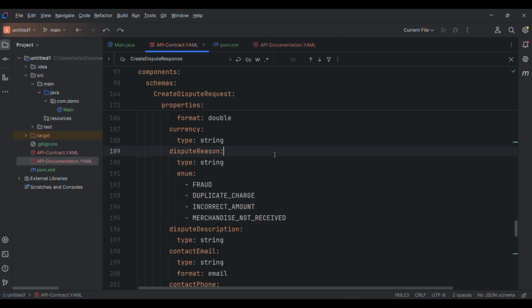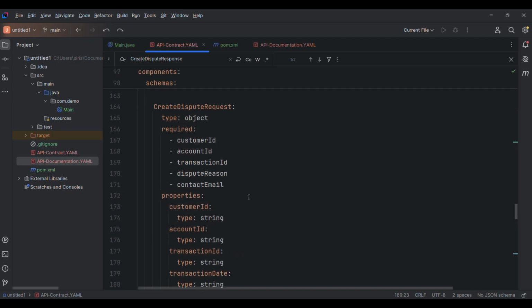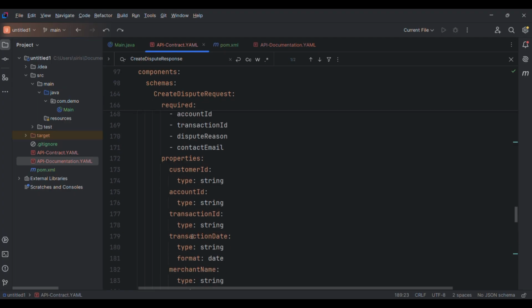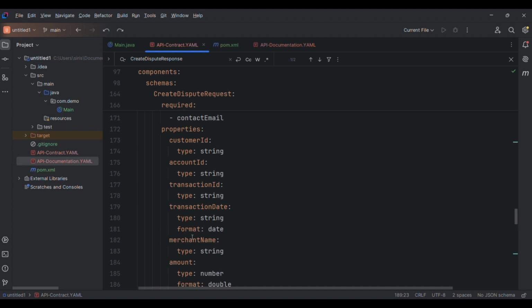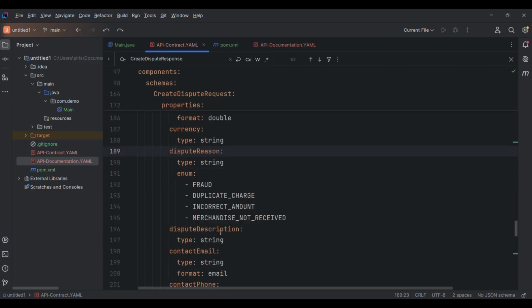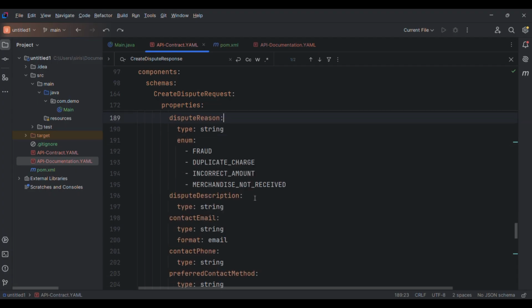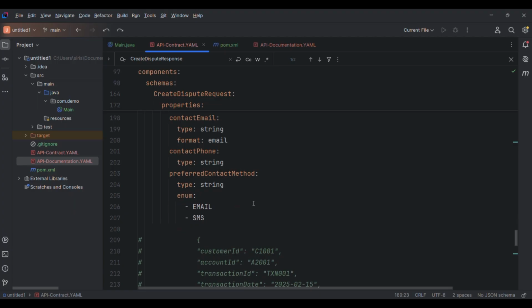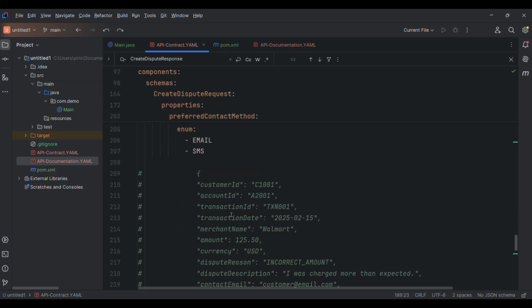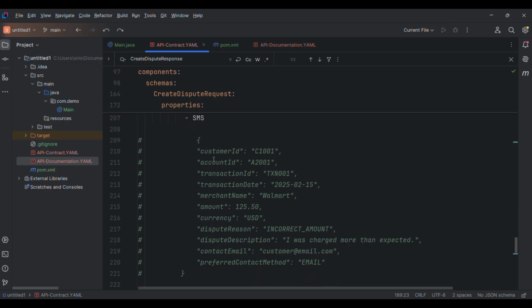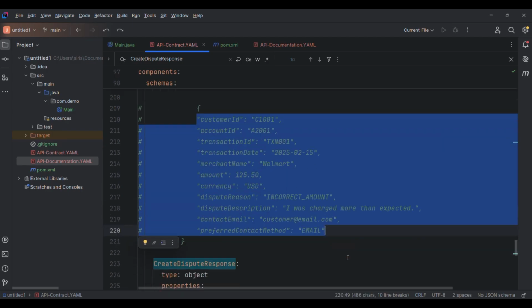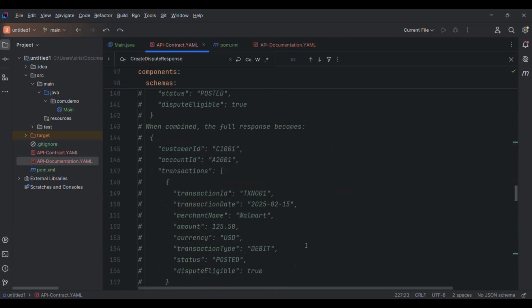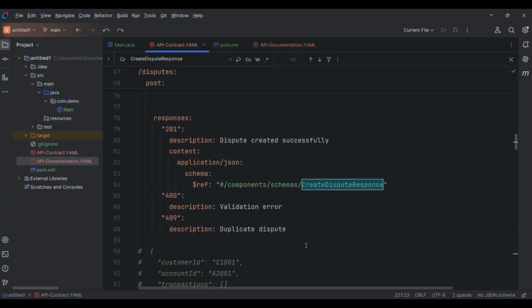So in this post request, it is sending all these request parameters. In the UI, the end user is going to fill out the dispute form. From the UI point of view, the post request payload contains everything. So this is how it looks. When he fills out the form, the post request payload will contain all this information, and the response would be something like, yeah,